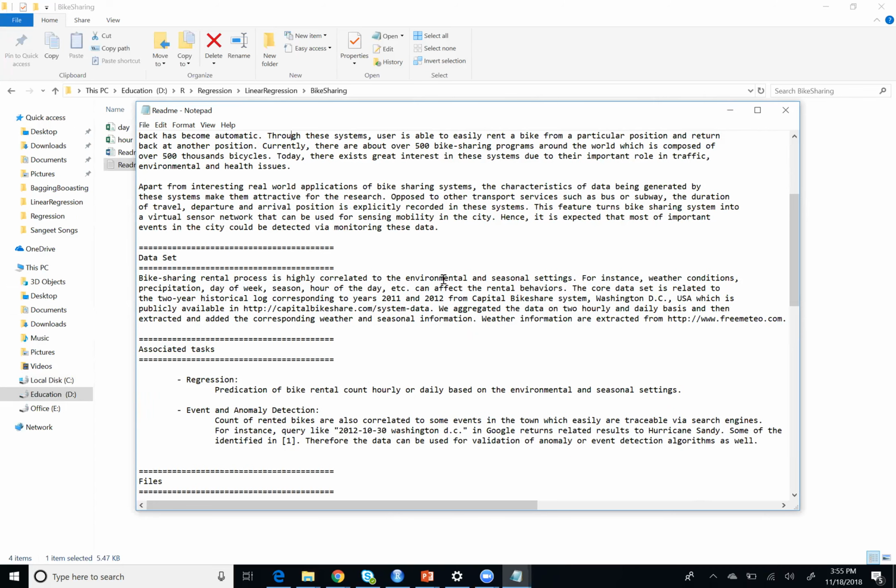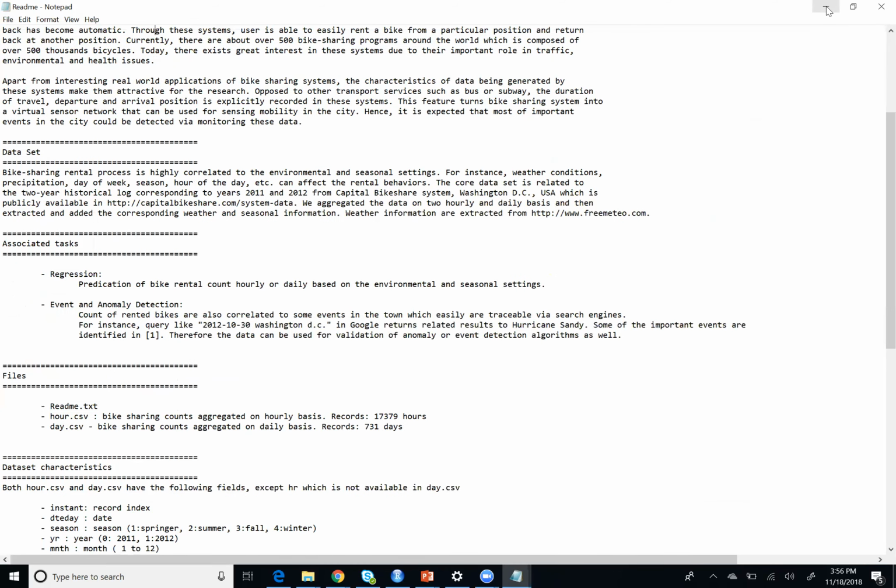They gave environmental features like weather conditions, precipitation, which day of the week, which season, which hour of the day, etc., which can affect the rental behaviors. We got this data from this website. It's real world data, it's not made up. And we got the data for 2 years. So if you look at our data set here,